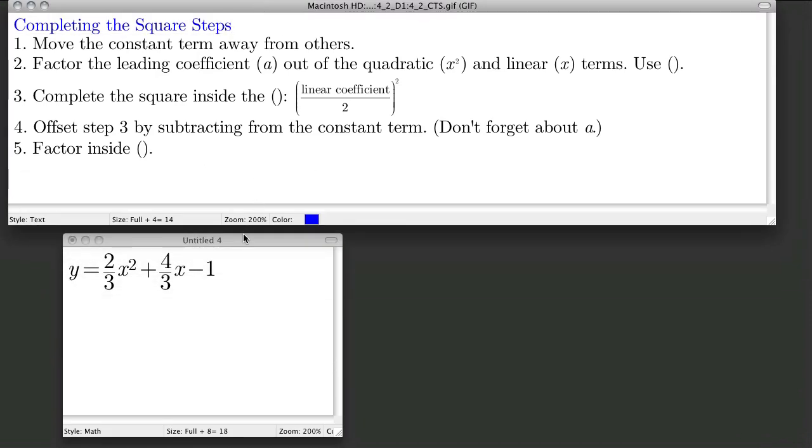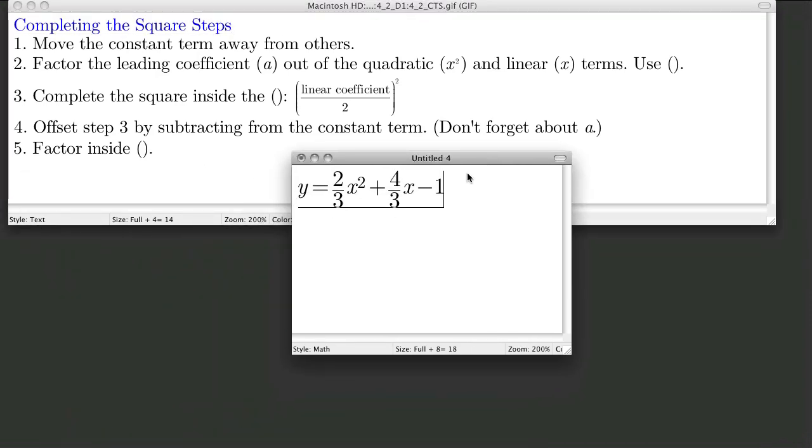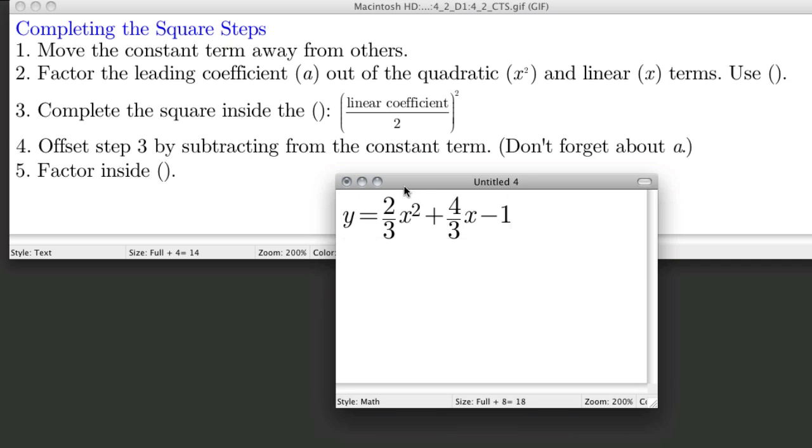So the first thing we need to do is move the constant term off to the right and out of the way, and at the same time factor the leading coefficient, which we call a, out of the quadratic and linear terms. So on this function here, I'll have y equals, I need to factor out 2/3, so I'm going to say 2/3